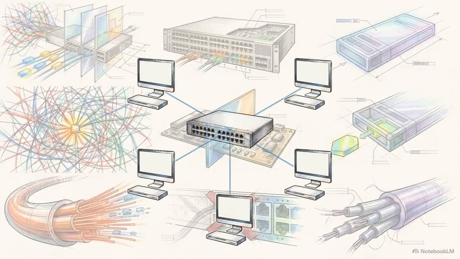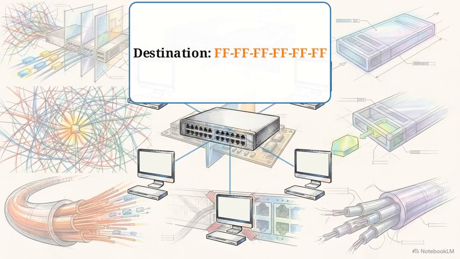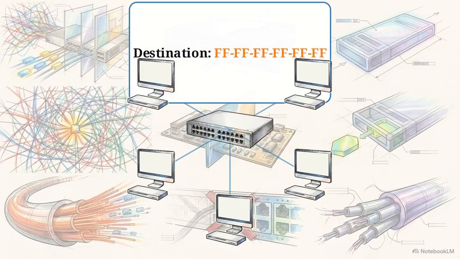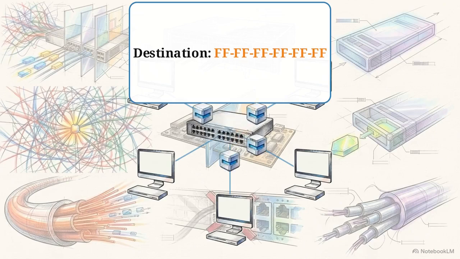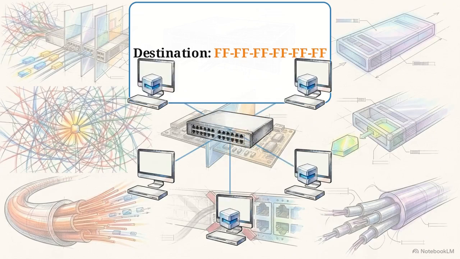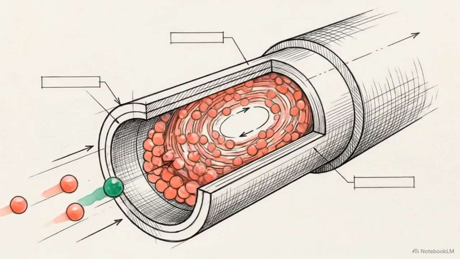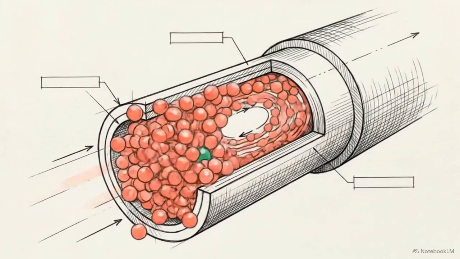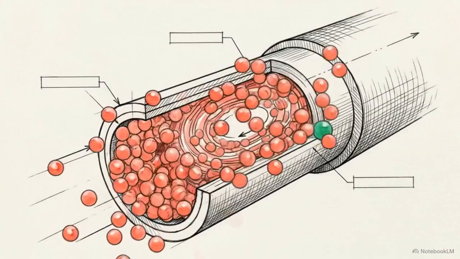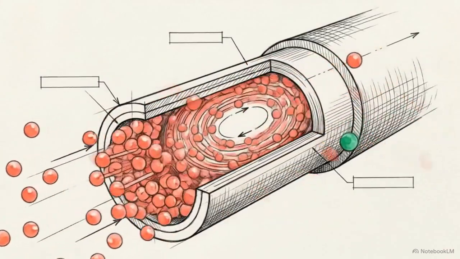When a switch receives an Ethernet frame addressed to the all broadcast destination MAC address, FFFF.FFFF.FFFF, its default function is to forward that frame out of every active port. If those frames circulate through a loop, they propagate endlessly. This creates a broadcast storm that saturates bandwidth and blocks legitimate traffic.